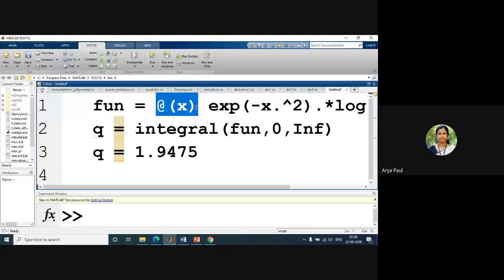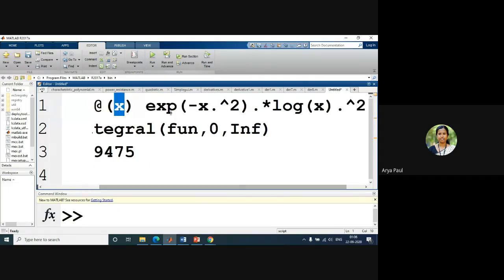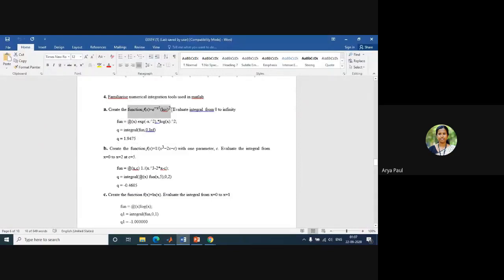What is the variable inside that particular function? What is the variable that you are using inside the function that you need to quote here? So always start writing the function using the @ symbol and (x). If you are using t, you can quote it as t. Otherwise, if you are using x, you can quote it as x. Now, e raised to my function is, I will show you the function.